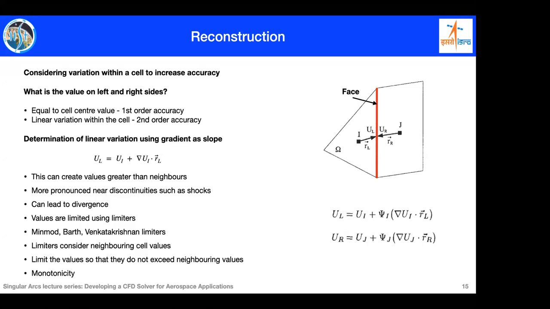But there are certain things which we need to see here. This can lead to divergence also. The UL, whatever is shown in the figure, which is the reconstructed value, can be higher than the neighboring cell value, because if the gradient at I is very high, then that UL can definitely be higher than the next cell value. So you can imagine that it will form a kind of peak or maximum at the face, which is higher than UI and UJ. This can induce some type of oscillations in the solution, which can grow and cause divergence. So for this, a limiter